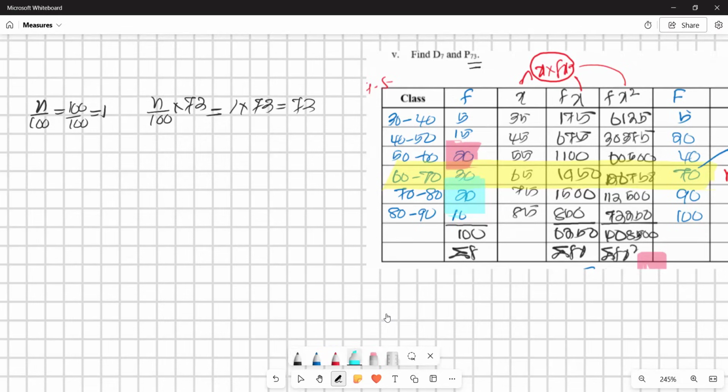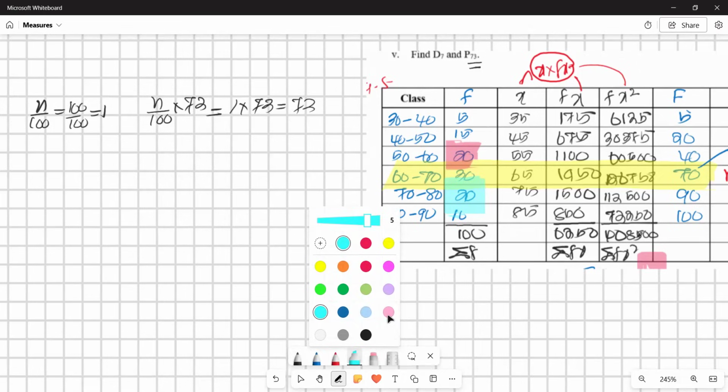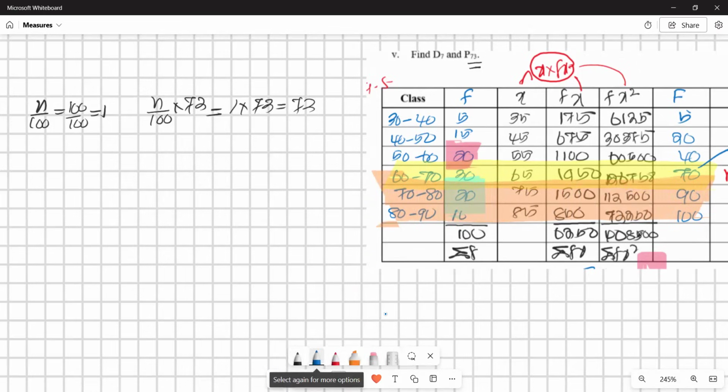Antargata venni. That is the class you have to select as the median class. The highlighted one is this one. This is the class you have to write. Then write the formula. The formula will be P73, this is L